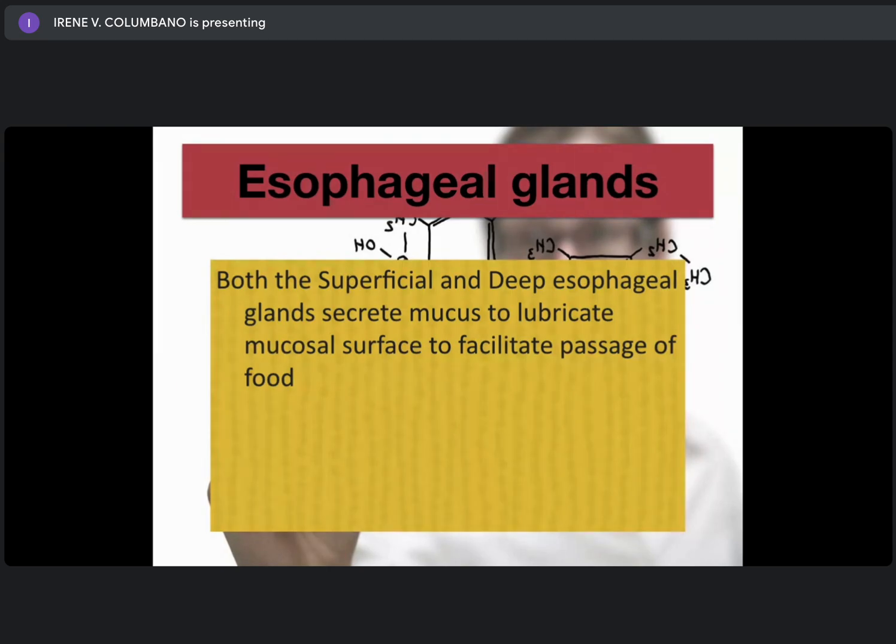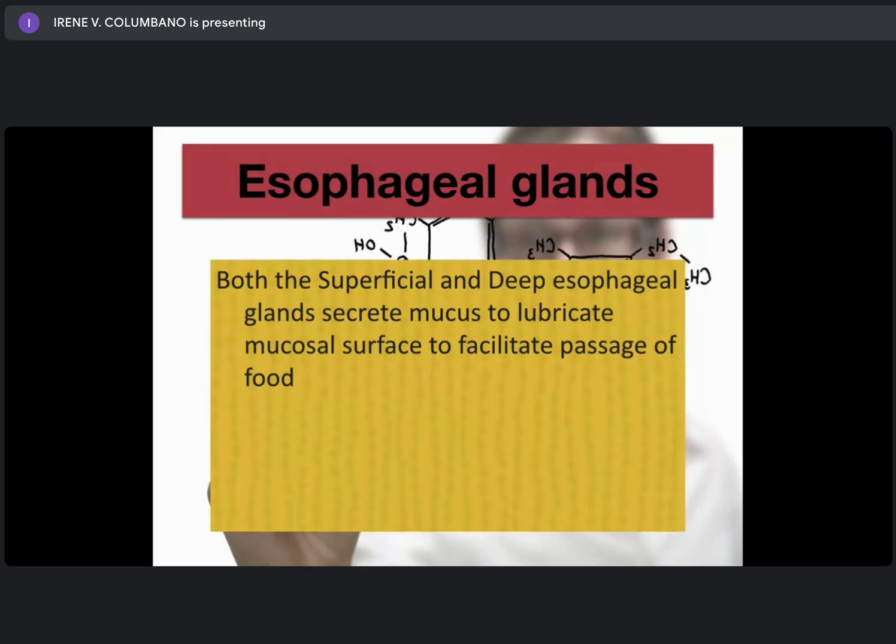So both the superficial and deep esophageal glands, ano ba ginagawa nito? It secretes mucus para saan? To lubricate mucosal surface to facilitate passage of food. So lubrication, no? Para madulas pagka dumaan na yung pagkain natin doon sa esophagus o kung ano yung nilunok natin,